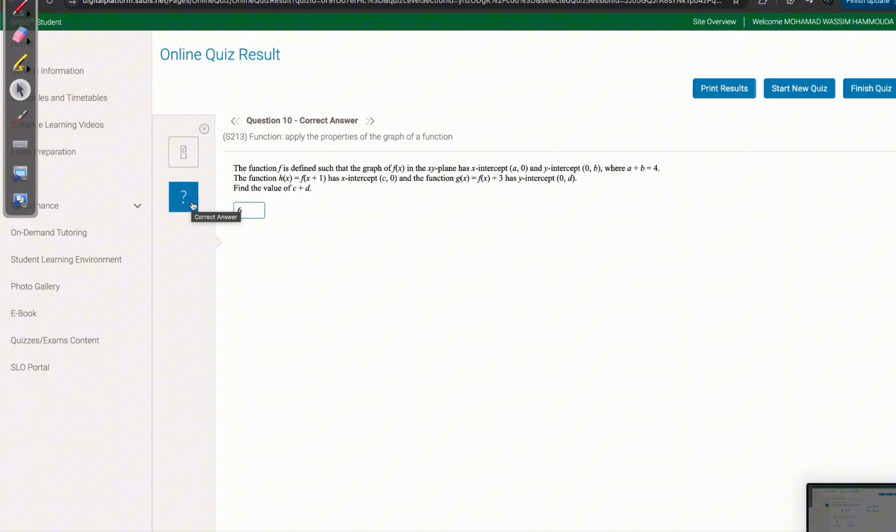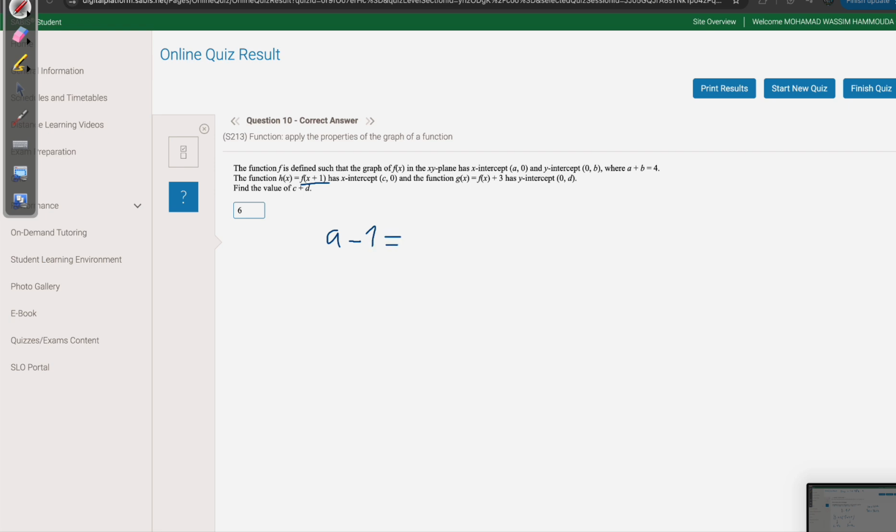Okay, this question came last CA. The answer was negative 15, but I'll explain this again. The function f is defined such that the graph of f of x in the xy-plane has x-intercept (a, 0) and y-intercept (0, b), where a plus b equals 4. The function h of x equals f of x plus 1 has x-intercept (c, 0). So what they mean here is that they're affecting x by shifting it one left. So a minus 1